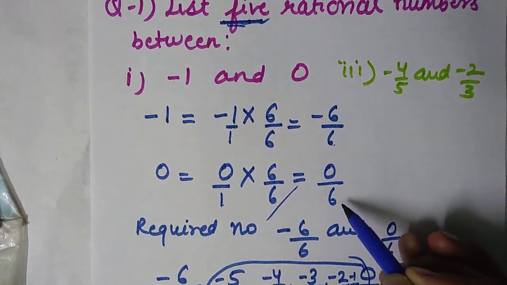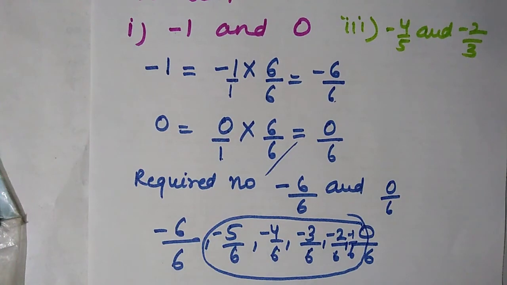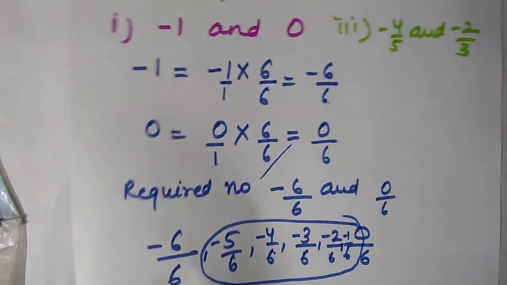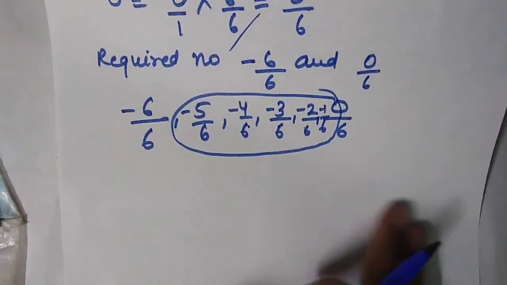So it will be 0 by 6. Now then you have to write the numbers in between them. Okay, this is the first part. Second part you have to do. Now come to the third part: how will you find rational numbers between